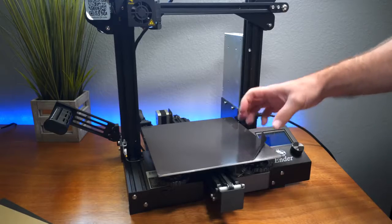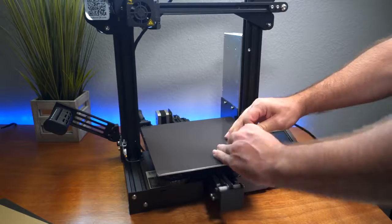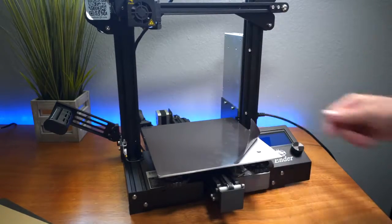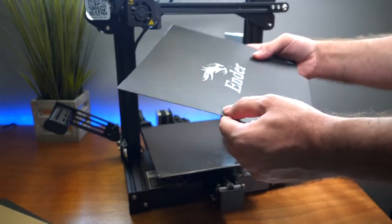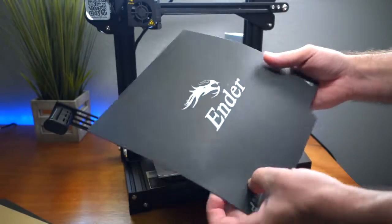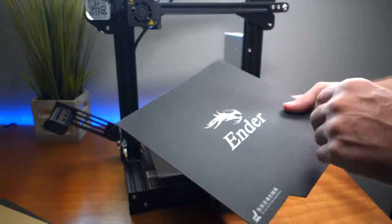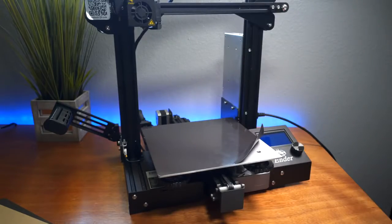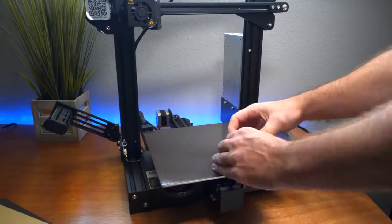Now, the reason you'd want to do this replacement is for obvious reasons of temperature, or even you're just not happy with the magnetic build plate that's already on there because it is quite fragile, and it's got like a softness to it a bit. It's kind of like a mat. So if you jam your nozzle into this a few times, this gets ruined really quick. Or if you print a lot on this thing, it also gets ruined pretty quick. The reason you're changing this is because you want something more durable over time. So, and that's when the Wham Bam's coming in here to save the day for a good experience and long